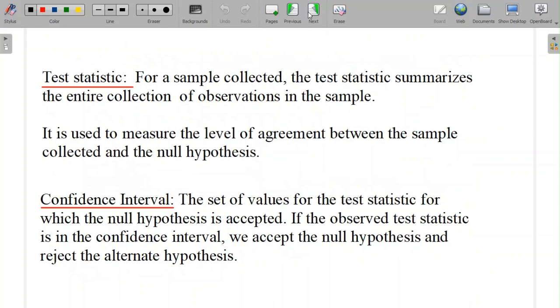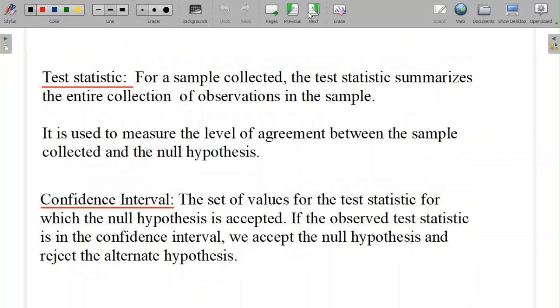Now, how do we accept or reject? We use this test statistic and its value. The value is calculated and we see whether this value belongs to a confidence interval. The set of values for the test statistic for which the null hypothesis is accepted is what is called the confidence interval. If the observed test statistic lies in this confidence interval, we accept the null hypothesis and reject